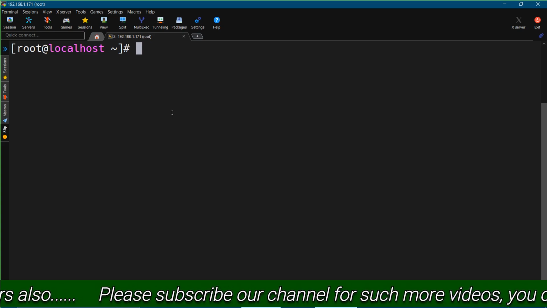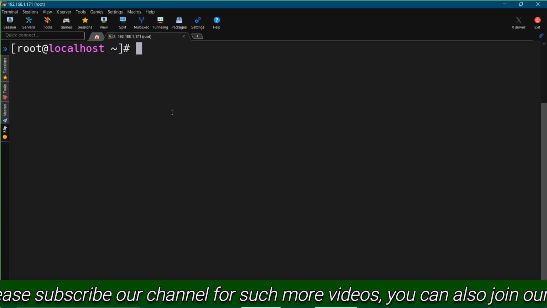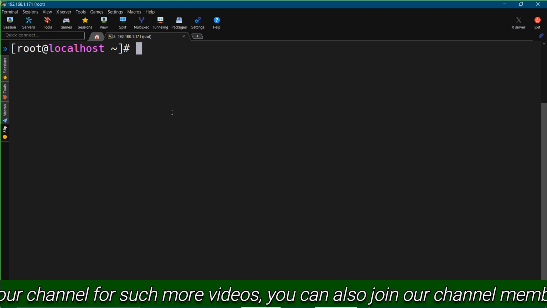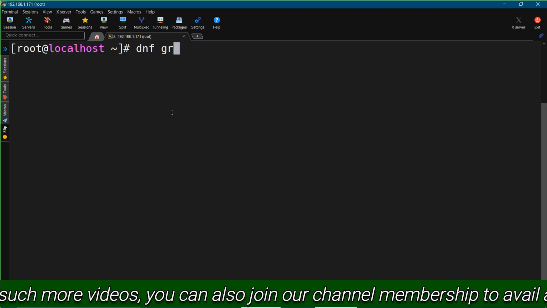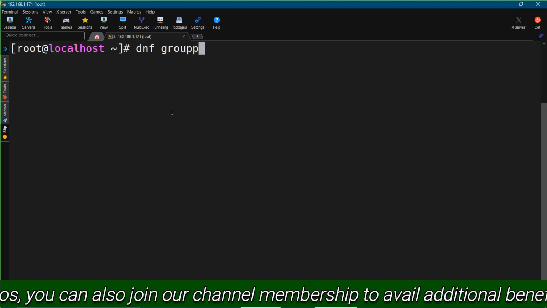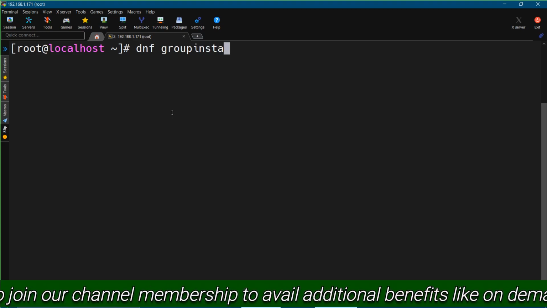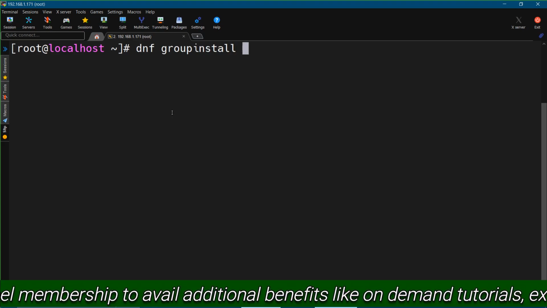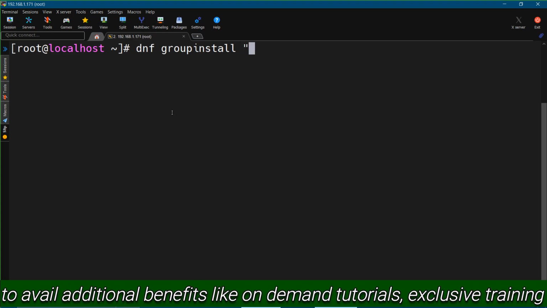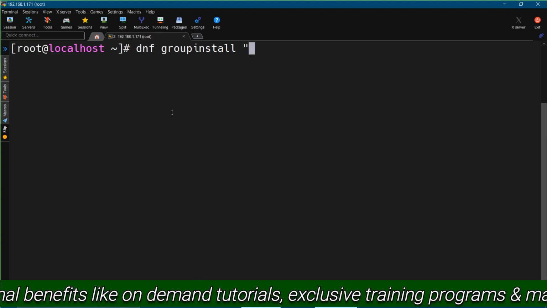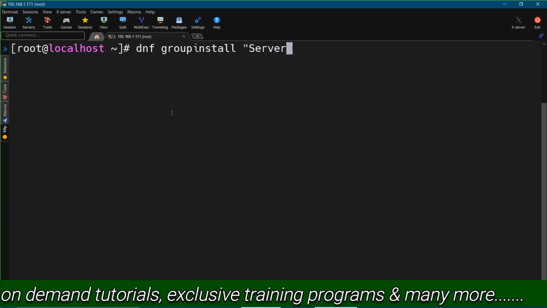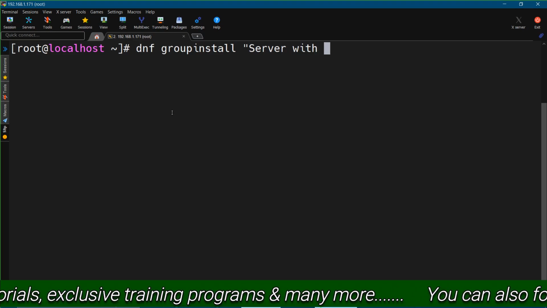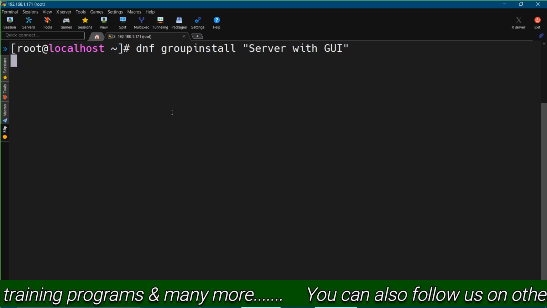Now, the next command that we will execute here is the dnf group install command: dnf group install "Server with GUI". There we will install the GUI packages in our machine. Press enter.